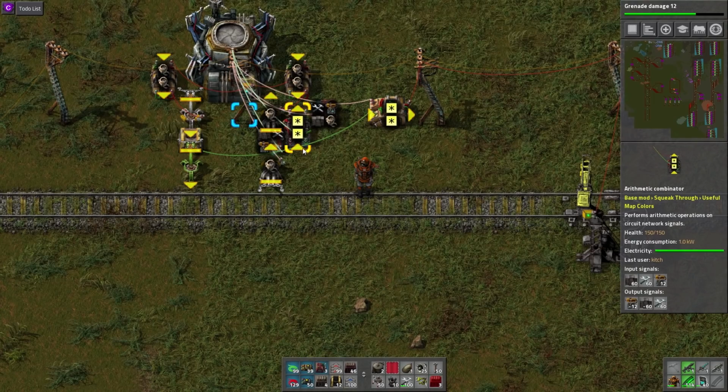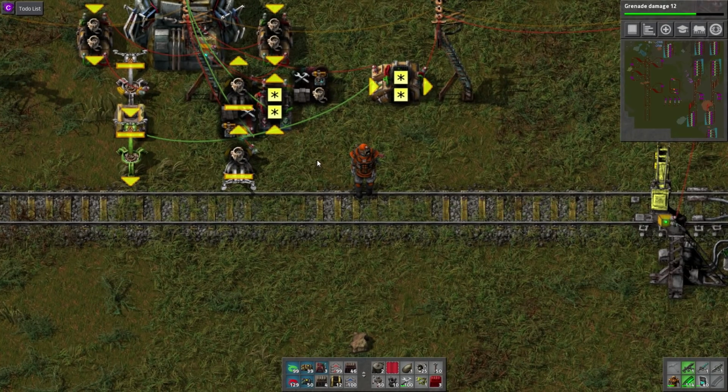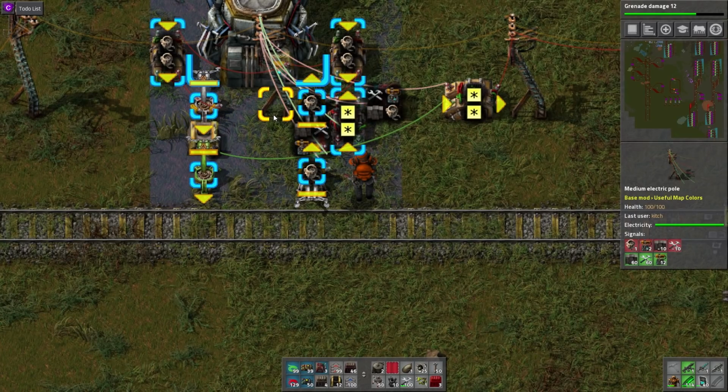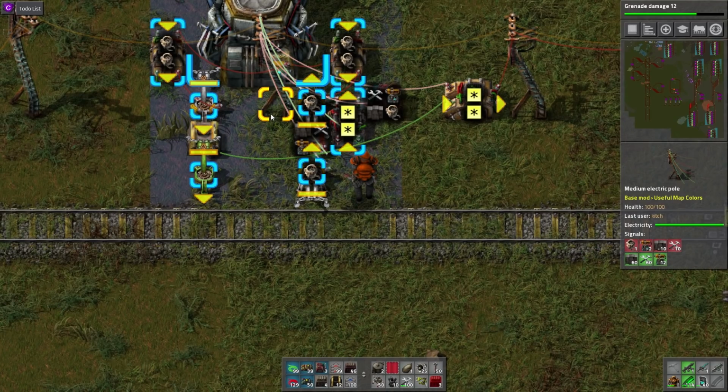Now, this station works fine, works great. It does have a flaw with it, though. So currently, through all the requests that we have going here, can we see those? Yeah, it's requesting walls, it's requesting packs, it's requesting lasers, and it's requesting the